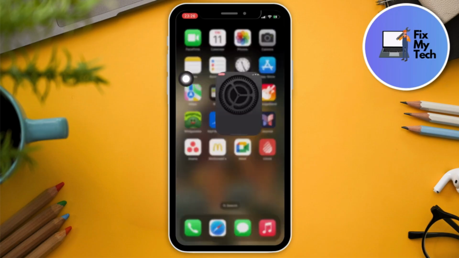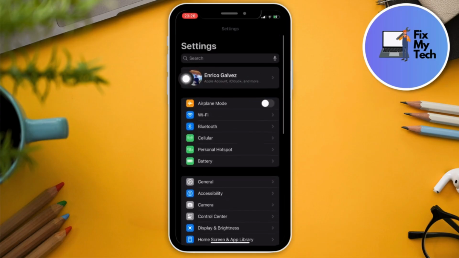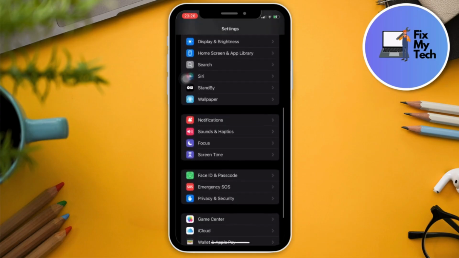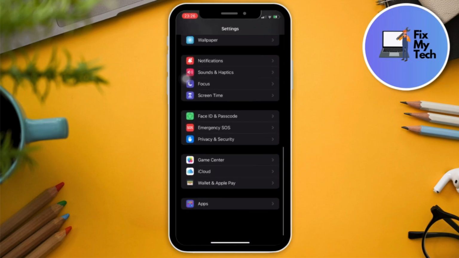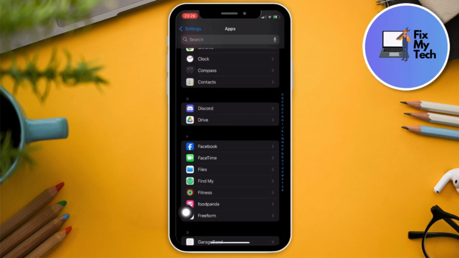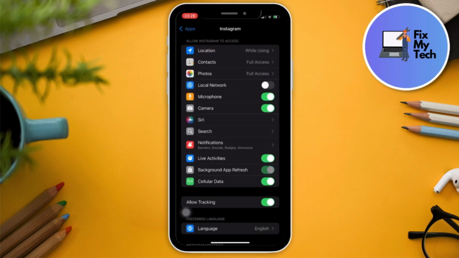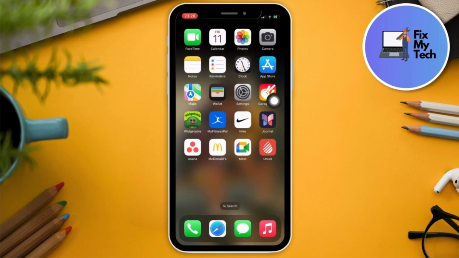Step two is going to be on settings. Just open it up and look for applications. Should be around here somewhere. Just give it a second. It should be on this one right there, apps. Open it up and look for the one, of course, that says Instagram. Now, once you open Instagram, make sure your microphone and camera are on. That's step two. Now, if for some reason it's still not working,